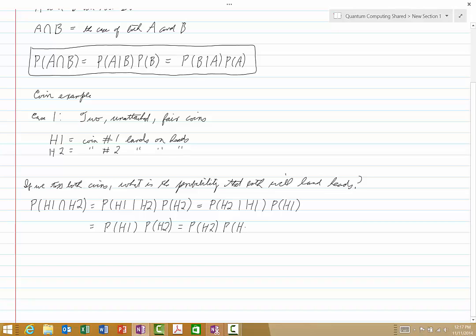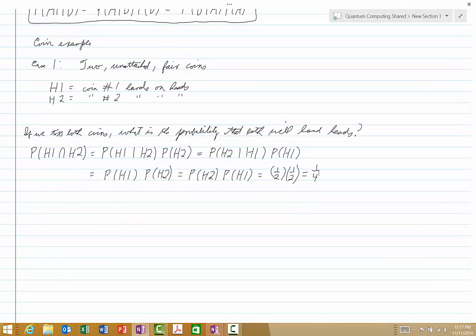And then we bring down the P of H1. And so we see that the two formulas give exactly the same result. It's just the two probabilities multiplied by each other. And since these are fair coins, this would be 1/2 times 1/2, which is 1/4. And of course, that's a very familiar result. Now let's look, though, to see how this can explain